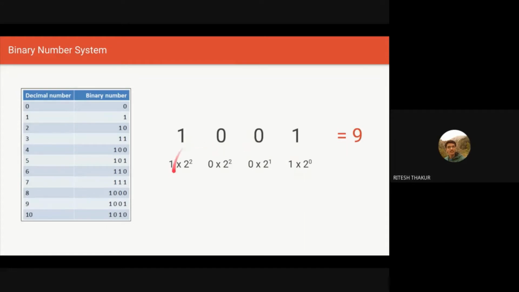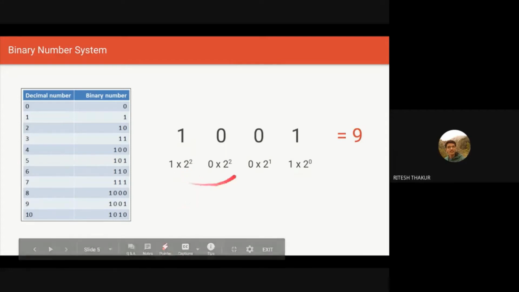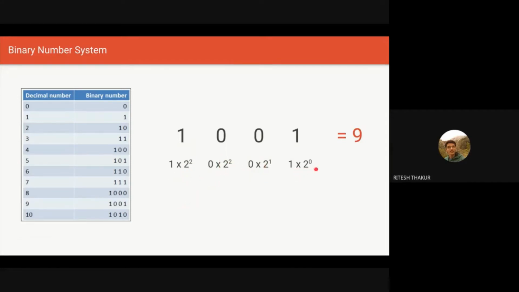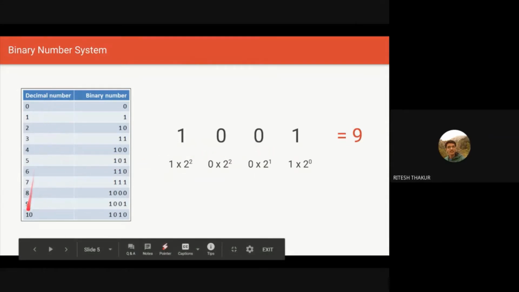When we want to find the value, we only take the multiplier where we have 1. We have 1 here, and we multiply it with 2 raised to 3. We get 8, and then we see this is 0, this is 0, and this is 1. So we do 8 plus 1, which comes out to be 9. That's the binary representation of 9. You can see the diagram here, which has the decimal number and its binary counterpart. So 9 is 1001, and 10 is 1010. It's 8 plus 2, and here 0 comes, so 8 plus 2 becomes 10.